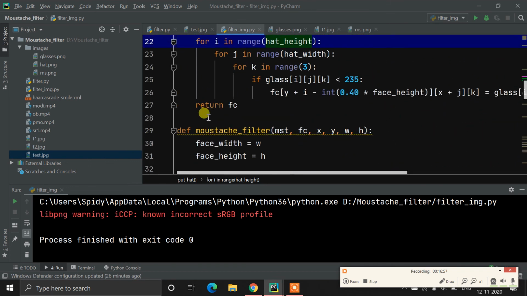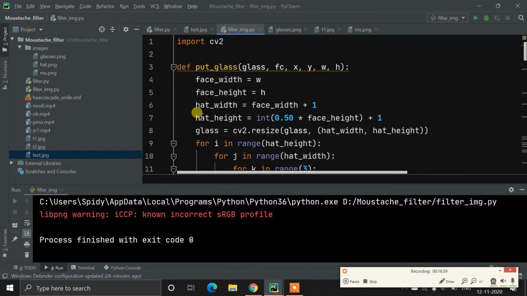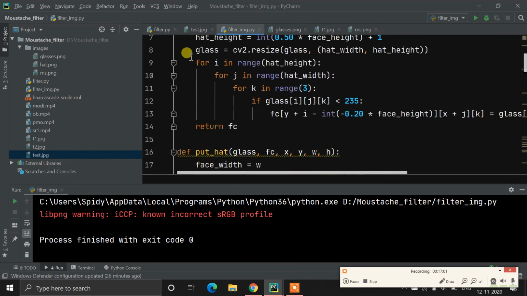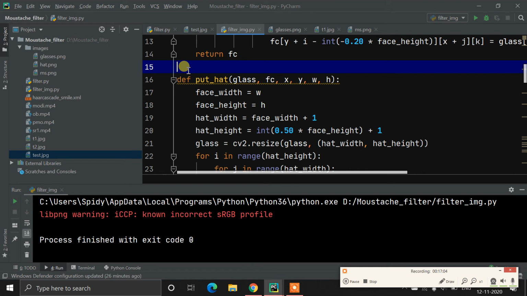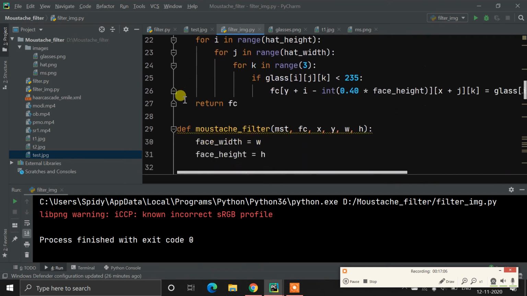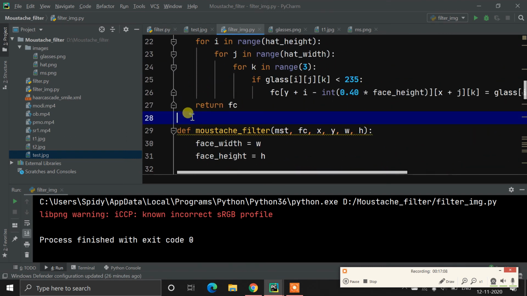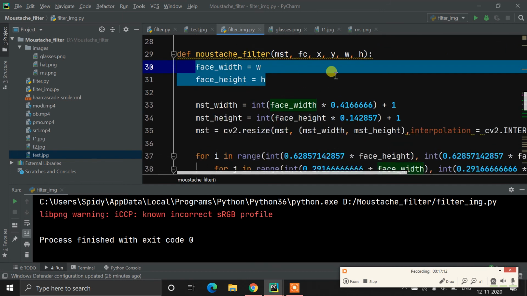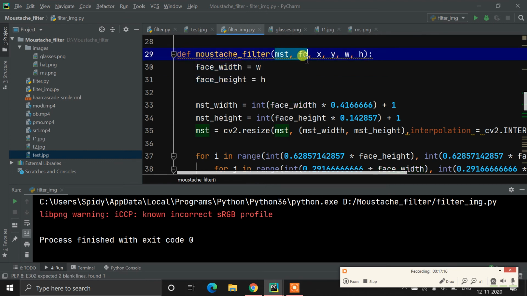So now I think I have explained all three filters, like how you can put glasses. I even did the real time testing on the head filter, and I explained the mustache filter. So let's see once again, we are just overlaying this mustache. We need to initialize the parameters.